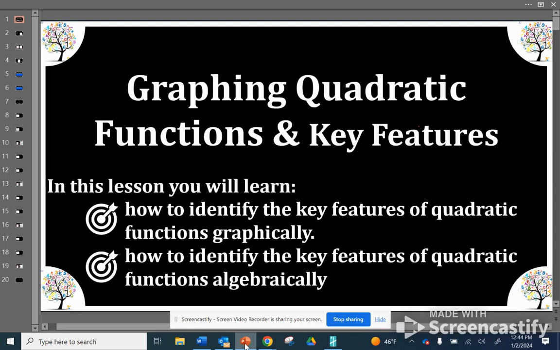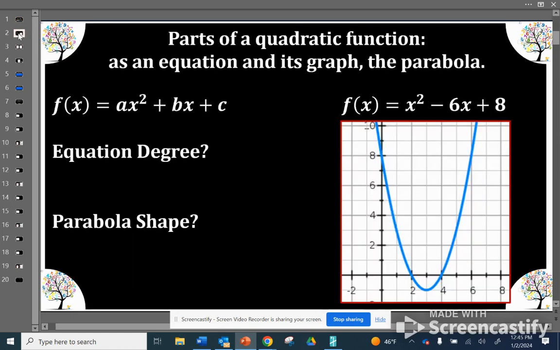Okay, guys, in this lesson, we're going to learn how to graph quadratic functions by finding some key features. So let's talk about the parts of a quadratic function as an equation and then also its graph, known as the parabola. So here we have standard form